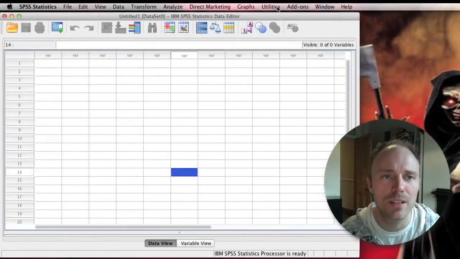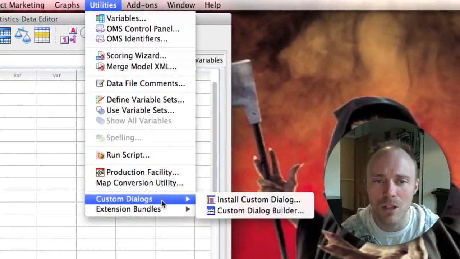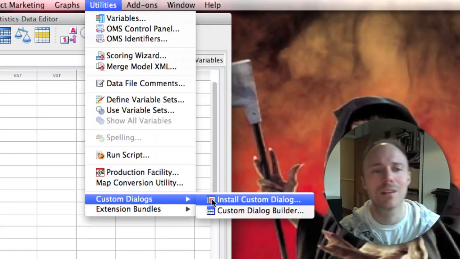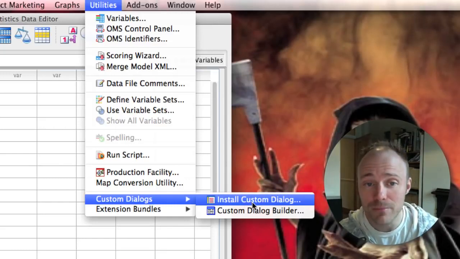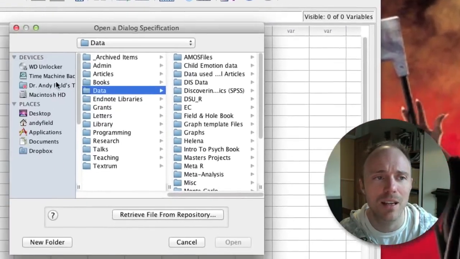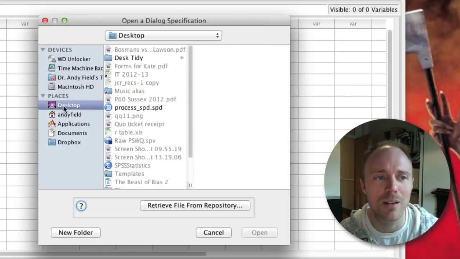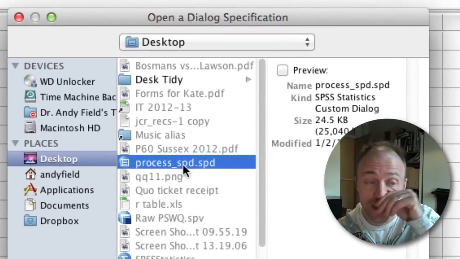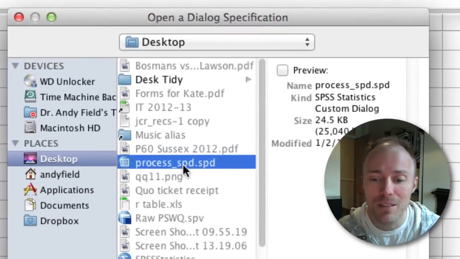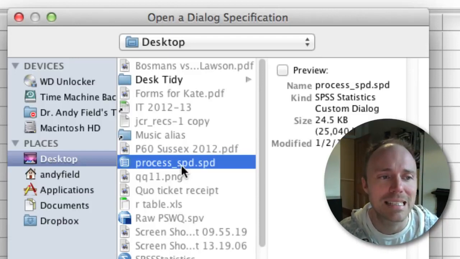So once you're in SPSS, what you need to do is go to the Utilities menu and then select Custom Dialogs, and then you want to select Install Custom Dialog. If you click on that, you'll get a standard dialog box for opening files. Now I've stored the process tool on my desktop, but basically you just need to go and find this file. When you unzipped the zip file from Andrew Hayes' website, one of the files within it is this thing here,